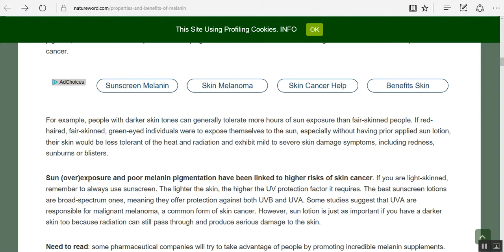If you look at Africans in Africa, they typically don't wear shirts and they don't wear as much clothing as other people, and you never hear about them suffering from skin cancer. They're out and being as natural as possible, and they do not suffer from skin cancer. So as black people, you don't have to worry about putting on sun lotion. The only way you, as a black person, have to put on sun lotion is if you're not eating healthy, which